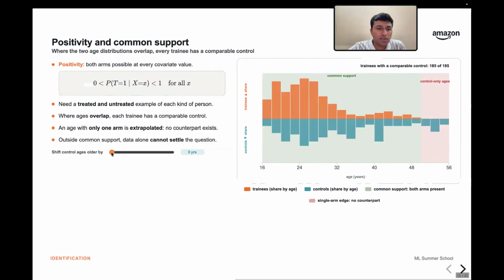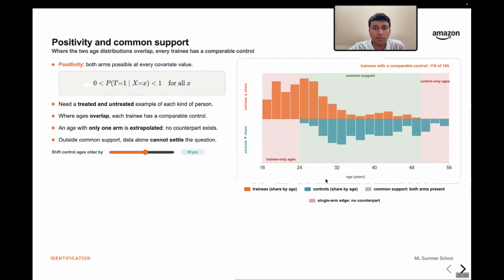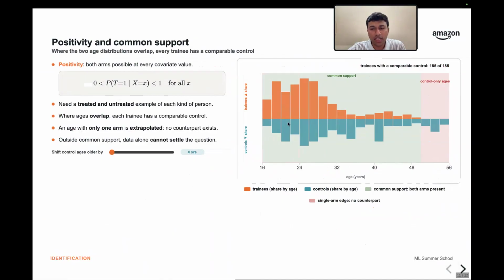What happens is if you don't have this overlap, as you can see here, there are these red regions that are created where some data points are only present in the treatment or the control, and we end up getting a very biased estimate if the data set looks like this, right? So the end goal should always be working with a data set where you have as much data as possible in the green region, where you have some data in the control as well as in the treatment for all